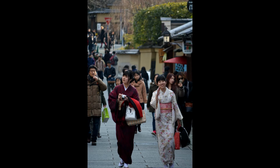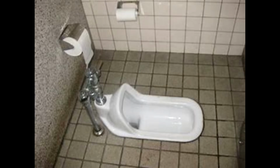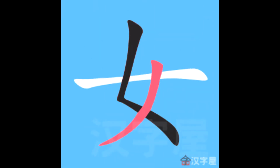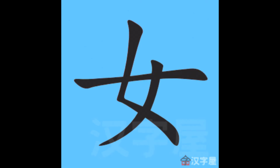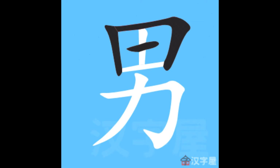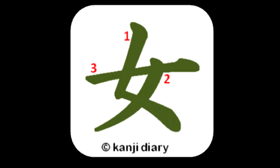So, to return to our story of your first trip to Japan, you've located the sign for toire and found your way to the toilets. You now find yourself faced with 2 options, and this is where kanji will come in handy. Kanji are called Chinese characters in English. This is because the Japanese borrowed this system of writing from China hundreds of years ago. Katakana are actually simplified kanji. Kanji are like small pictures that represent a word. The first 2 kanji you're going to see are...